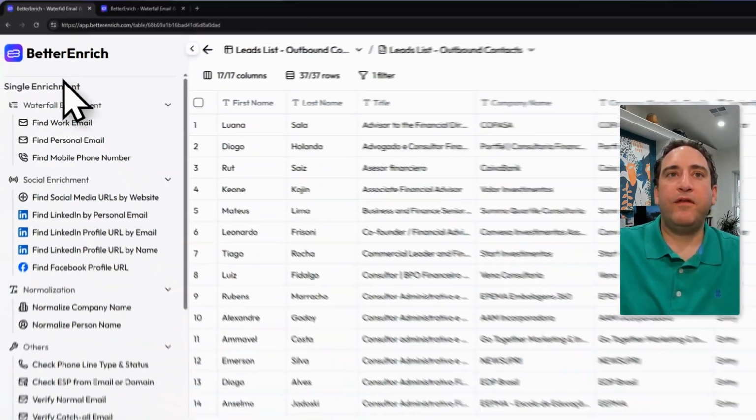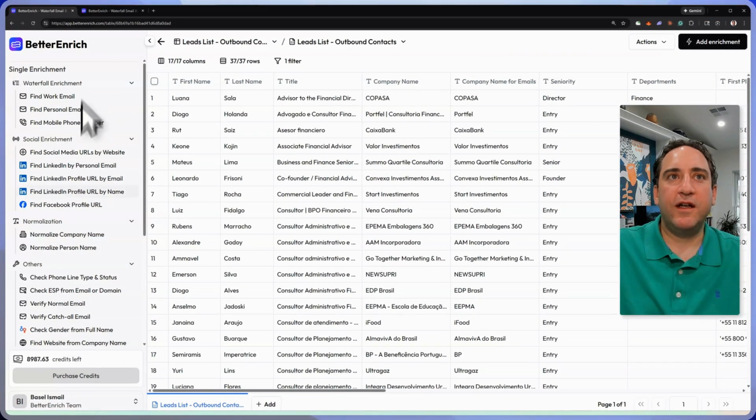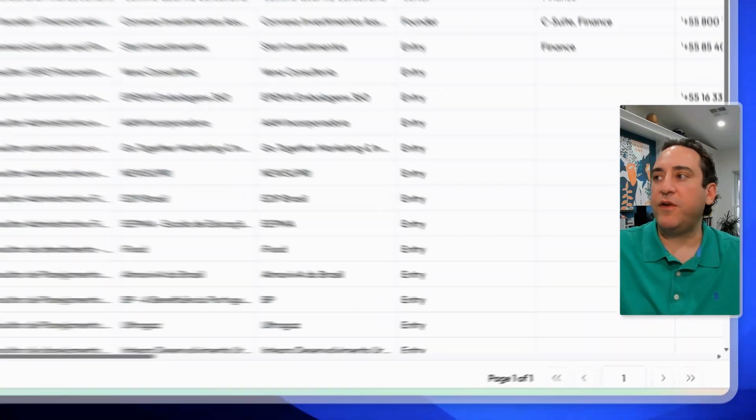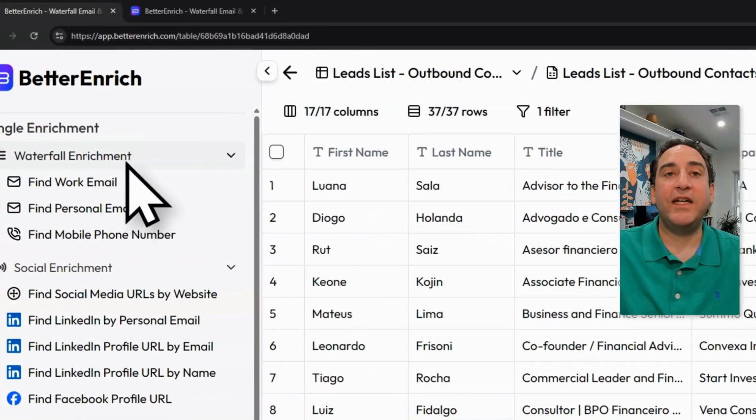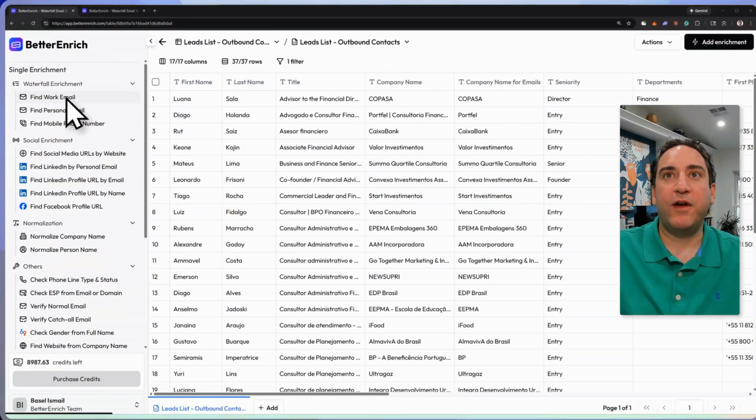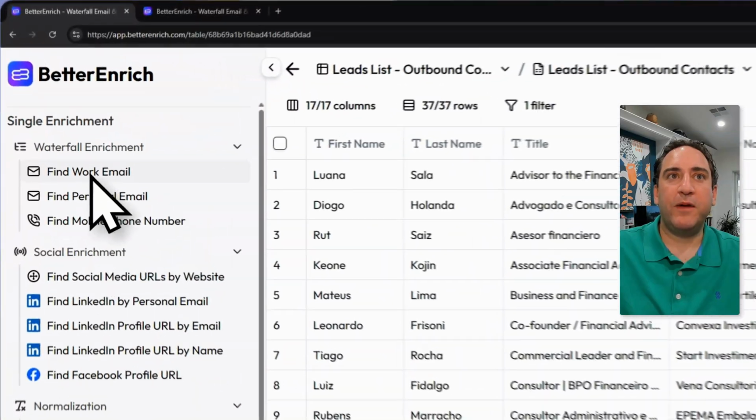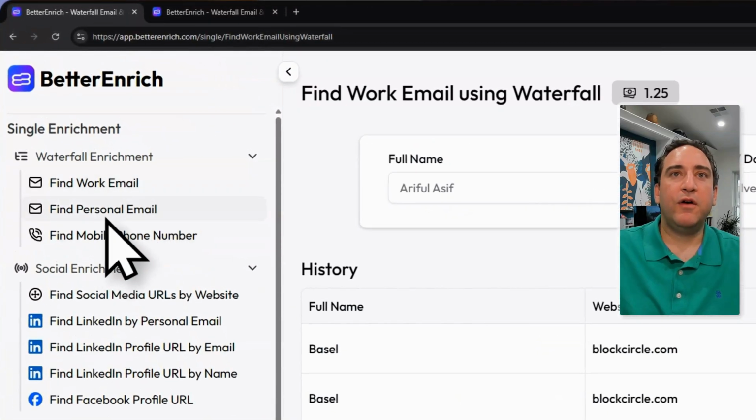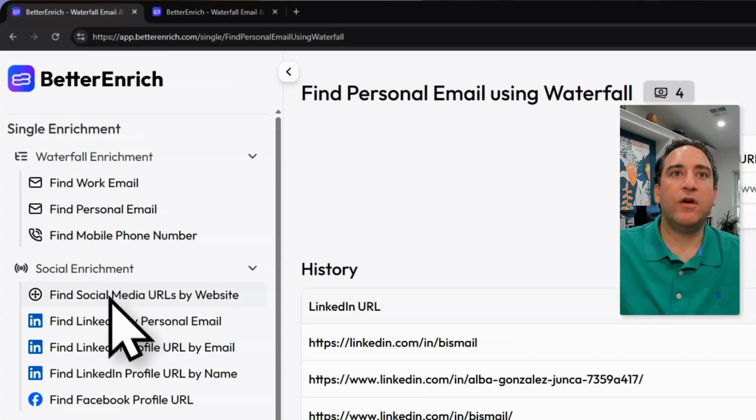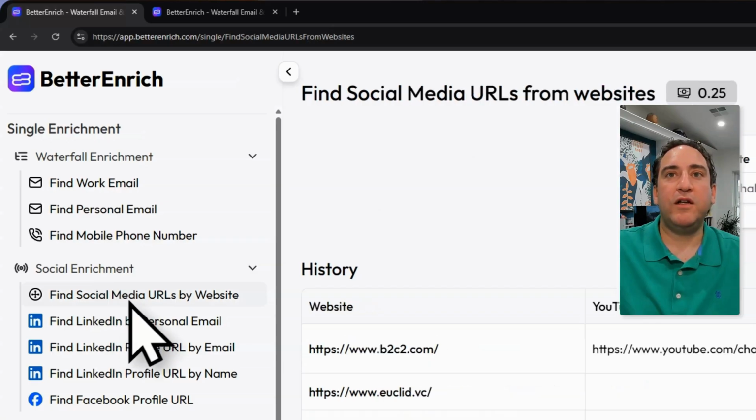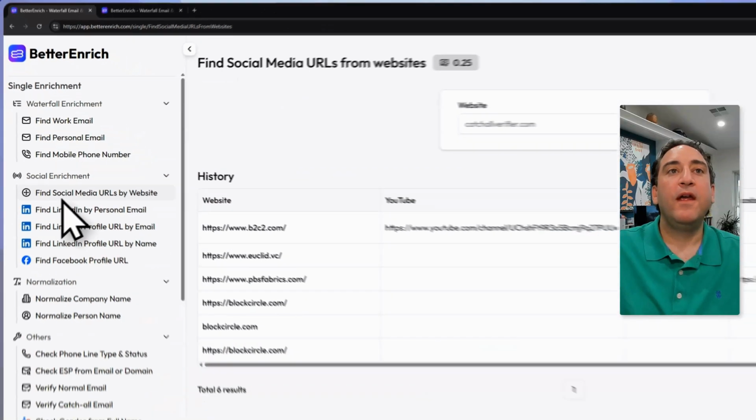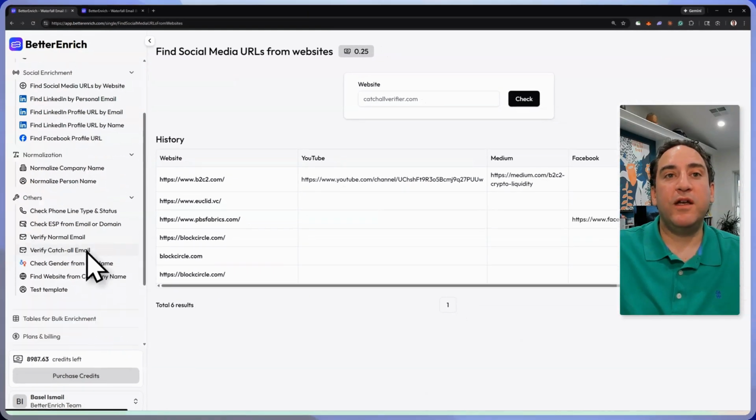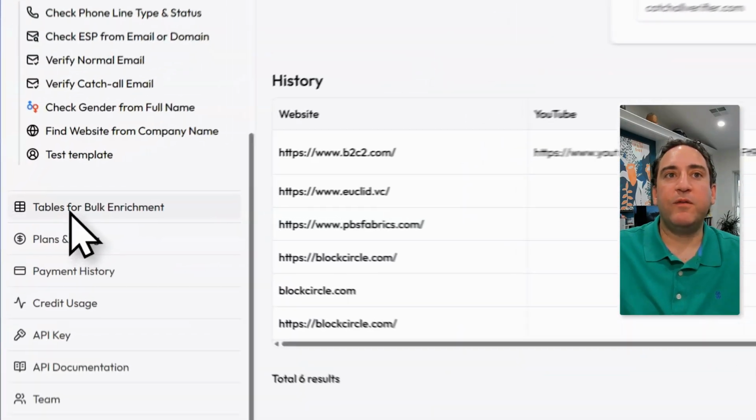So first step is you can see all of the major functions on the left-hand side where it allows you to do individual enrichment. So if you're looking at a specific lead or a prospect that you just need to verify quickly, you're able to do that just by saying find work email or find personal email or go to find social media URLs by website, etc. But to be able to do it in a comprehensive tabular format, you would click tables